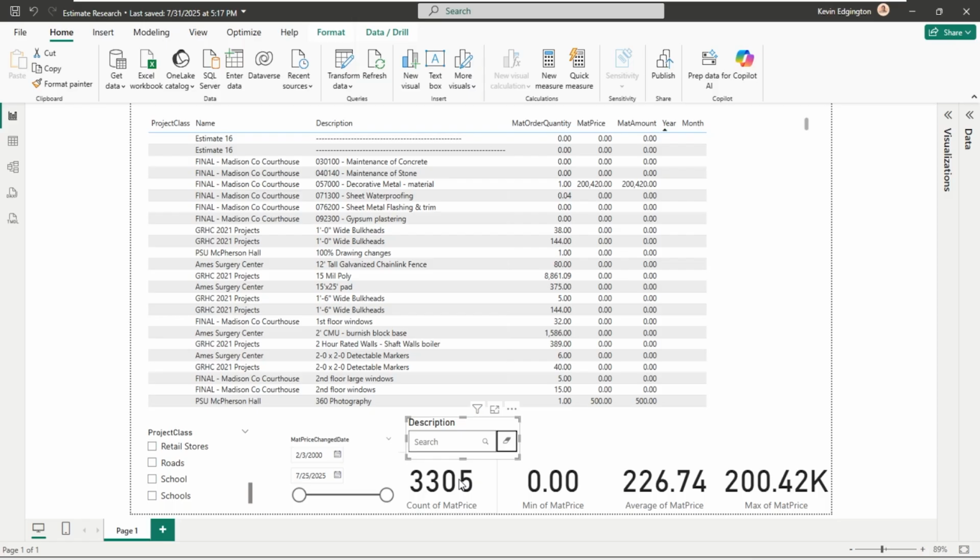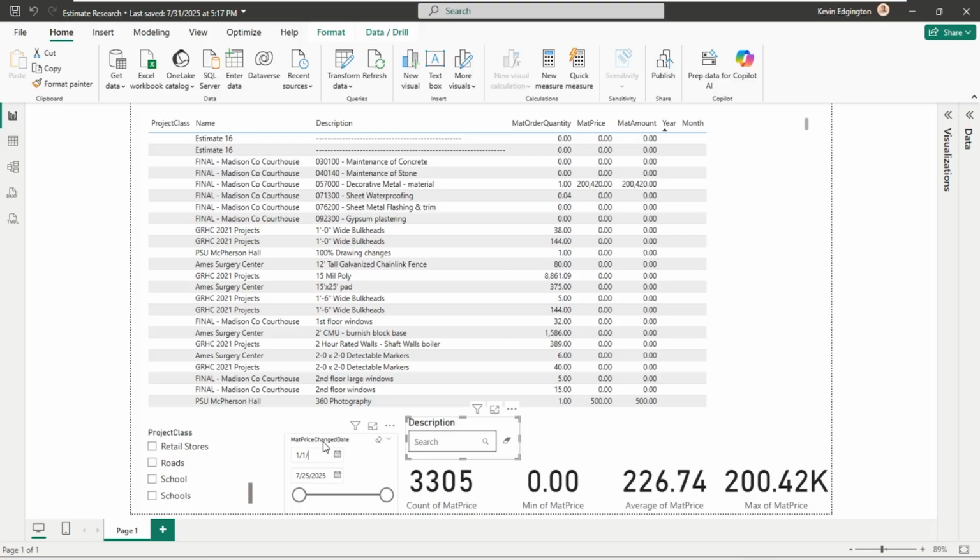Now, in my database, a lot of stuff's been thrown in here through the years and so forth. So in my case, maybe I just want to focus on stuff that has a price update. So right now I'm doing material price change date. So this is basically the date that that item was either updated in the database when it was dropped in an estimate, or if somebody went in and updated the estimate to a newer price than what was in the database, whatever that date is.